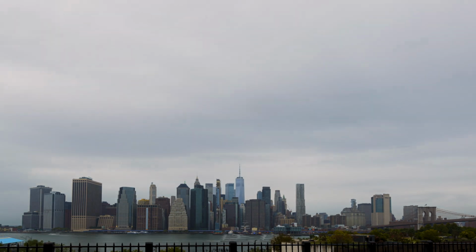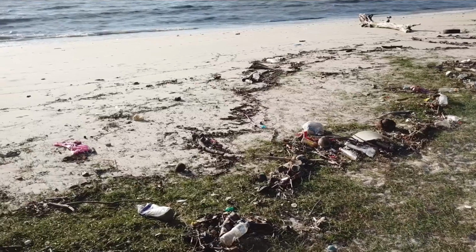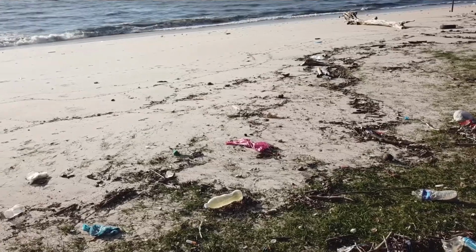So growing up in New York, I remember when it would rain. We were on the south shore near the water, and my mom would tell us, we can't go near the beach today because all of this garbage is on the beach. There could be needles, there could be hazardous substances, and that really confused me as a child. And I thought, why is all this garbage in the water? And so that's what triggered my curiosity of,